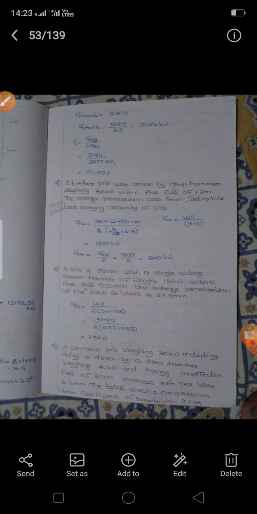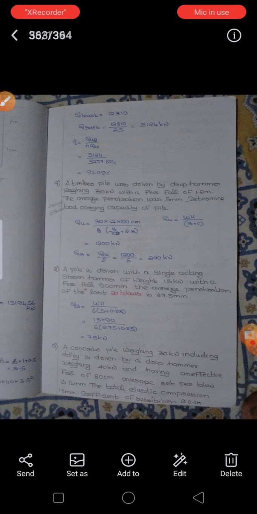Okay, please practice this numerical. Both numericals are very important for your exam as well as your competitive exam purpose. So please